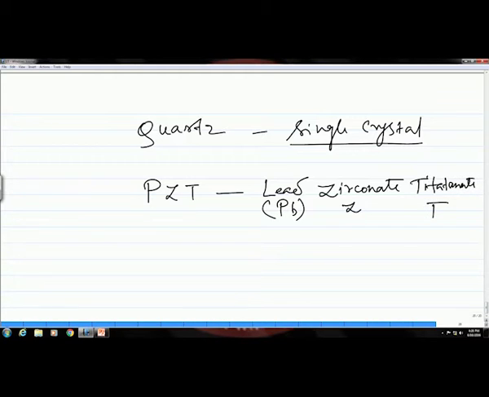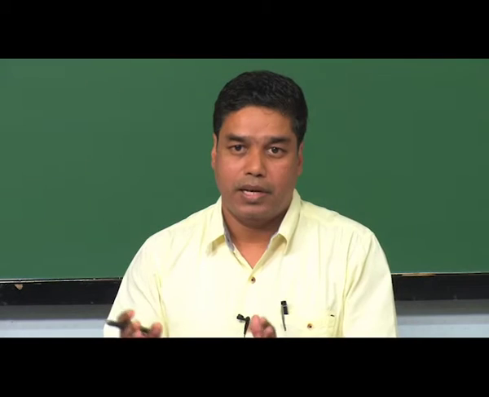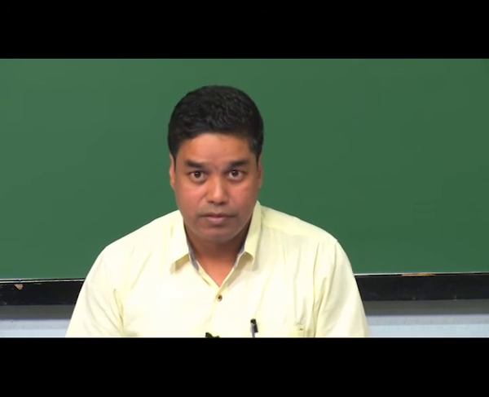There is one more material which shows very good piezoelectric property, and that is known as PZT, which stands for lead, that is Pb. So, that is where the P comes from. Zirconate, that is the Z, titanate, that is the T. Okay. So, this lead zirconate titanate, polycrystalline lead zirconate titanate, is again a very good piezoelectric material, shows very good piezoelectric property, and this can be used in the ultrasonic probes. Okay, so, let us see in terms of their properties, what is the level of these parameters which control these vibrations or these ultrasonic waves in terms of transmitting and receiving for these two particular materials.